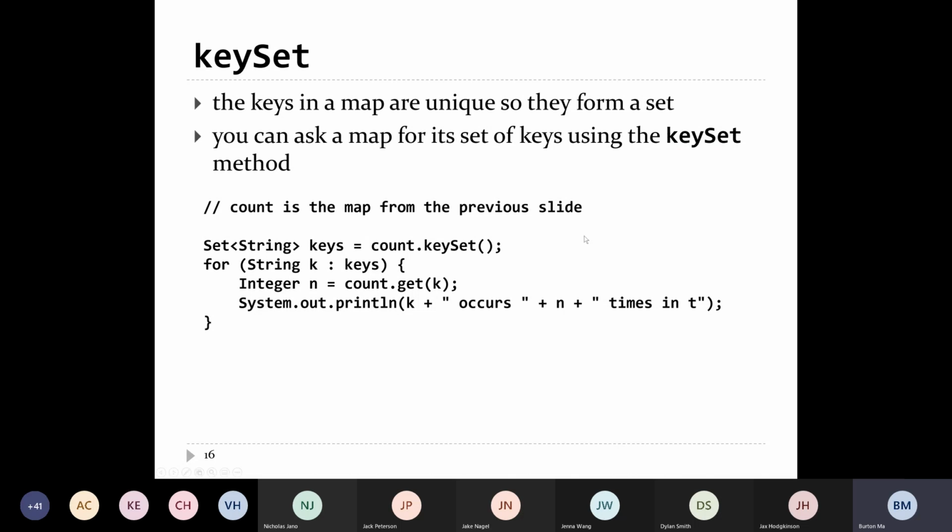So this is one of the methods that you use when you want to iterate over elements of a set. You can iterate over the elements of the keyset, like so. You call the keyset method on a map called count, and that gives you the set of keys. Now, the interesting thing about the method is it doesn't tell you what kind of set you get back. If you look at the documentation for the method,